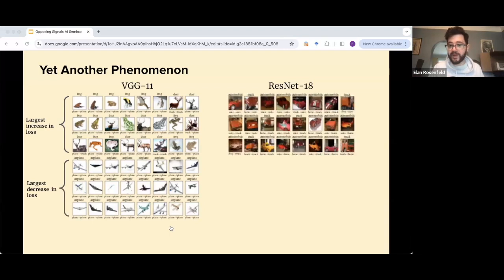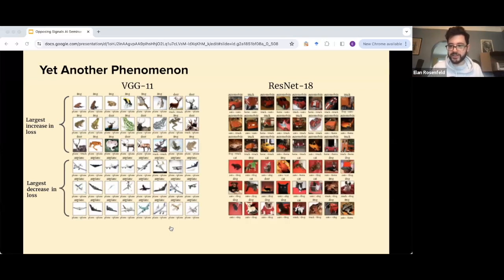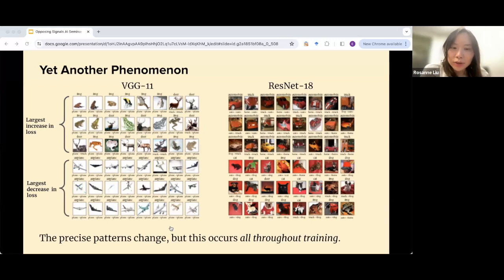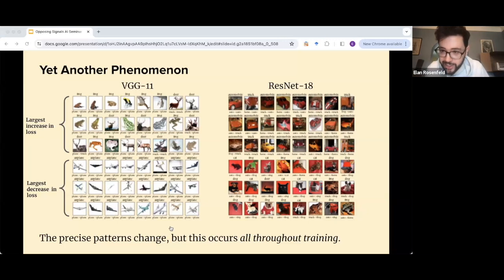And now if we do the same for ResNet, it's a very similar thing. It's trucks and automobiles that are red, and then non-trucks and automobiles that are not red. Can I ask a question? Yeah, sure. So you're talking about in some random time step, t to t+1. So I imagine at the beginning the set would be very different than towards the middle and then the end. Yeah. Maybe airplanes are learned first, but some other class is learned second. Yeah, so we'll see in a second what it looks like over time. Okay. But yeah, you're absolutely right.